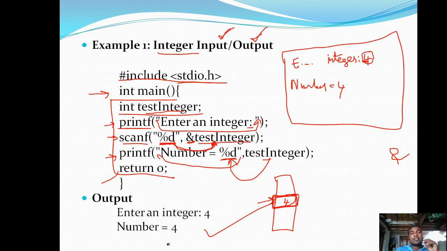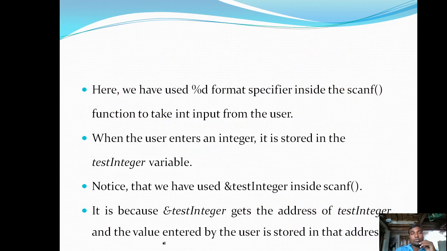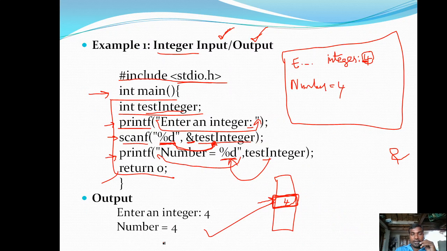Are you getting the point? In the printf, if you write %d, it means you are going to print some number at that particular place. In the scanf, if you write %d, it means it is going to expect one input from the user, and that must be a number. %d means number. If you want to read a character, you need to use %c. If you want to read a fractional value from the user, you need to use %f, like that.